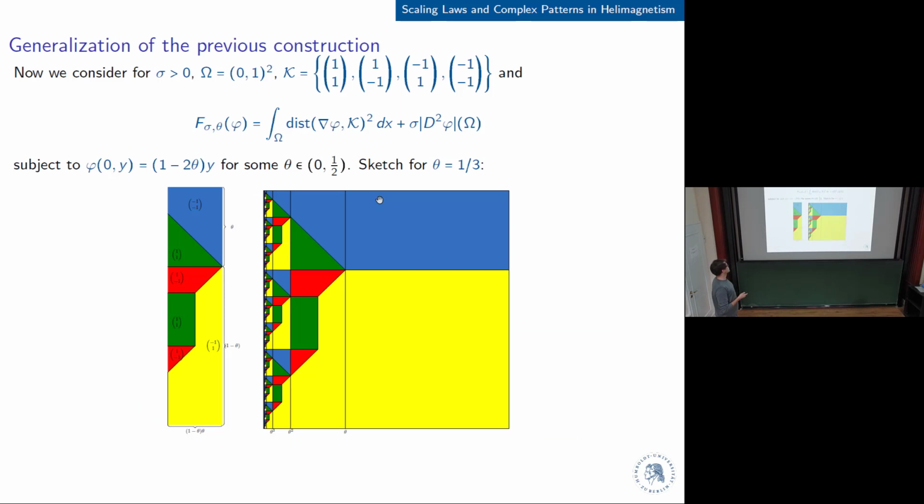Relatively straightforward, but it took a little bit of time to figure out actually. And that's what we do. So here's the sketch for theta being equal to 1 over 3. You start with one jump here, and you refine into 3 blocks with 1 jump of the y derivative each. And this now has exactly the